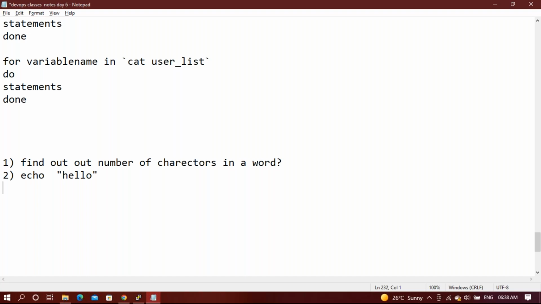So if I give hello like this, my requirement is to find out how many characters are in this word. That is the first question. Now the second question is